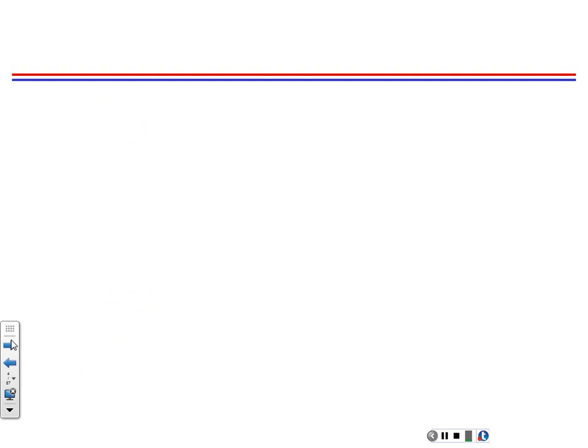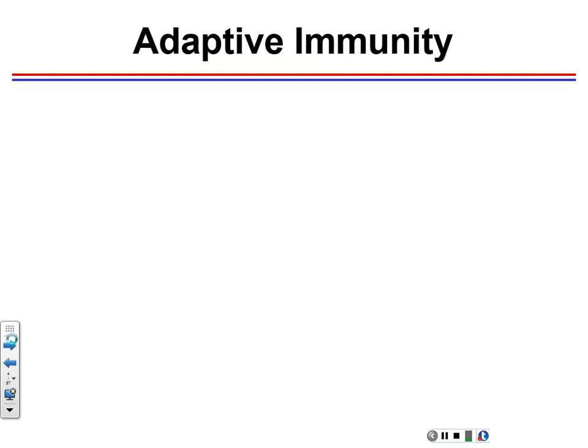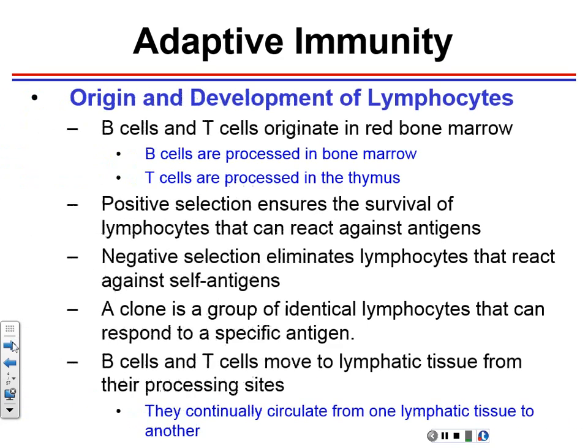So just keep that in mind, okay? Because when we start to talk about tolerance, we'll talk about the two types of tolerance. Okay, so this is what it is, right? B cells, we know they are produced in bone marrow because B for bone and T for thymus. They mature in the thymus, but all the cells originate where? From the stem cells in the red bone marrow, right? Okay, so